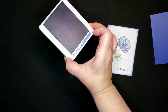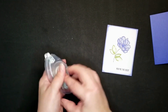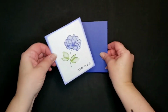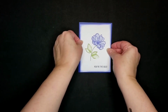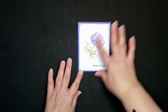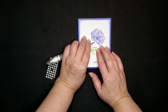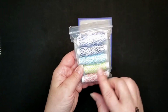Okay. Let's close this up. Okay, we're going to go ahead and adhere this to our card base. Then we are going to add a glue dot right here to the base of our flower. And I'm going to be using the Orchid Oasis